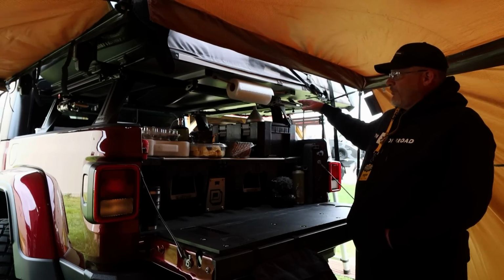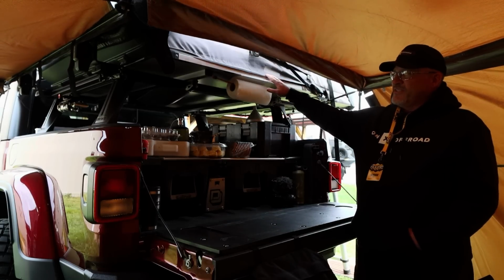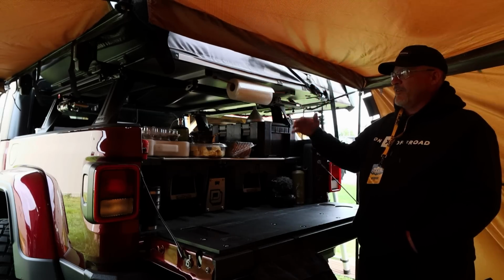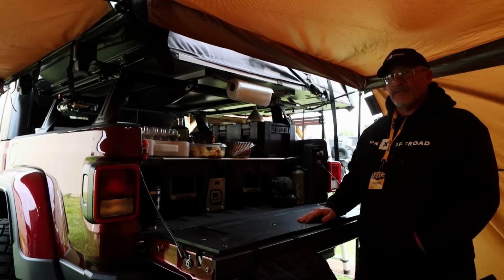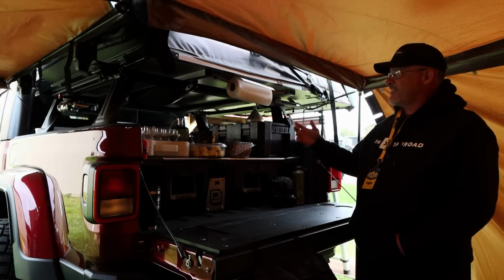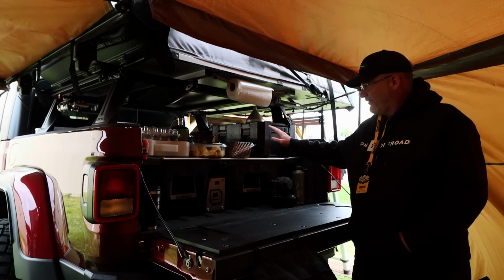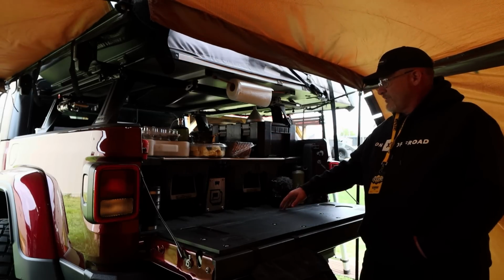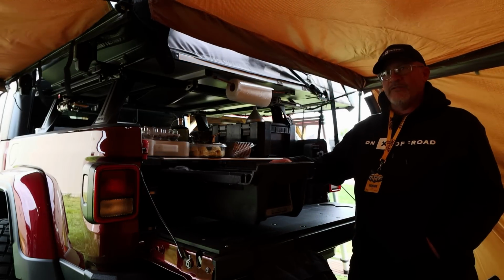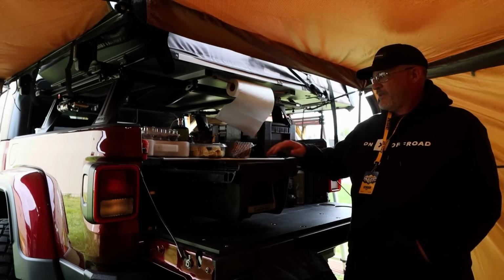So back here I've got the Rhino Rack Reconn Deck bed rack system that holds up the tent and awning and everything. It's just been a really good lightweight, strong rack system for me. It basically has just about any number of mounting points I need. And then I've got the Decked drawer system. Over here is where I keep a lot of regular camp gear, fuel, stakes, tie downs, some pots and pans,